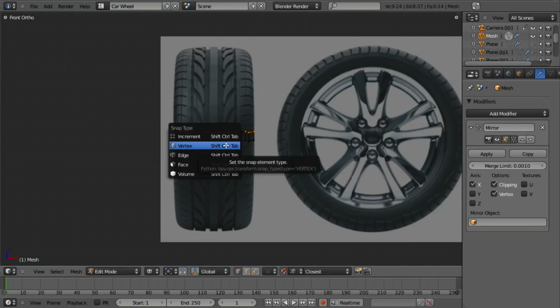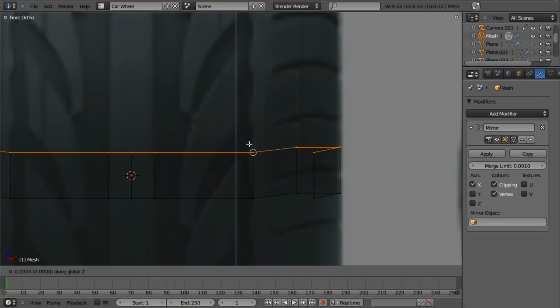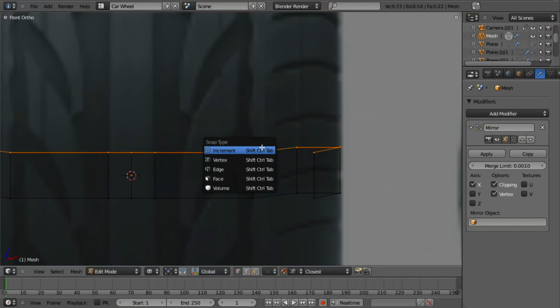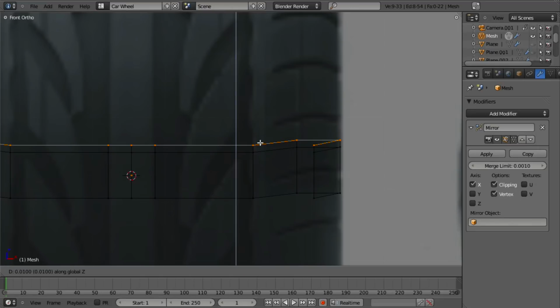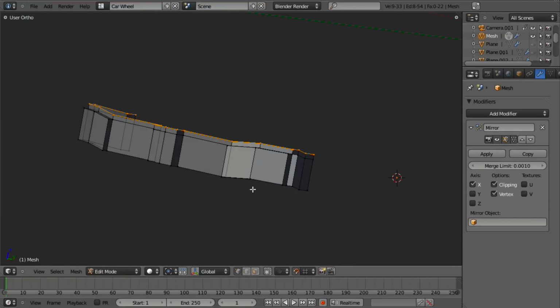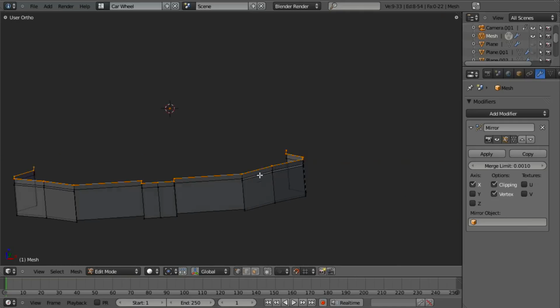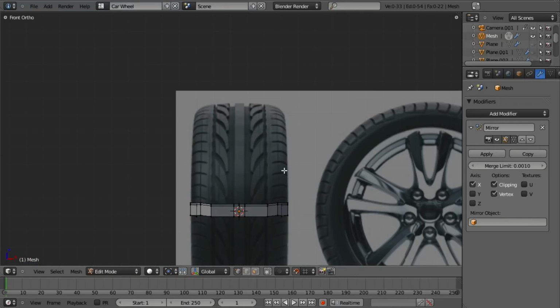Control Shift Tab and vertex. And then we're going to hit E to extrude, region, right click, and take it up along the Z-axis. Oh, increment, there we go. One click. Because this way, what this does is this line matches this line exactly. And that's what we want to ensure that we do, because now we can go ahead and hit Tab to